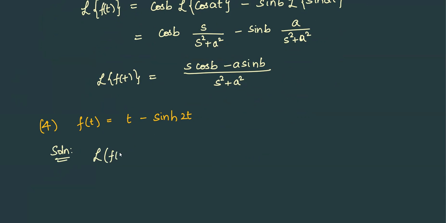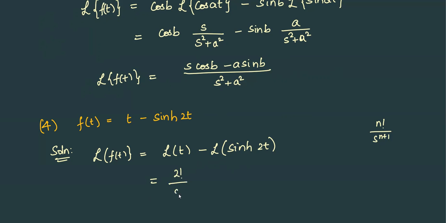The Laplace transform of f of t is the Laplace transform of t minus the Laplace transform of sine hyperbolic 2t. So t power n is n factorial by s power n plus 1. So t power 1 becomes, sorry, it becomes 1 factorial